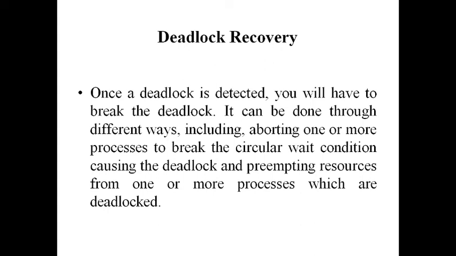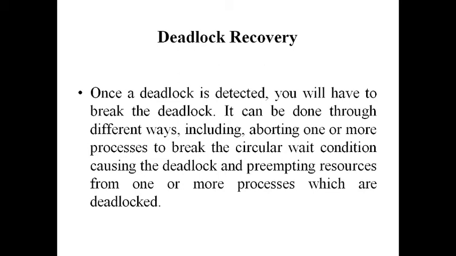And then deadlock recovery. If deadlock is detected, then what will we do? Deadlock is detected before it occurs. Then what will we do? Deadlock recovery. How is deadlock recovery done? If two or more processes are asking for a single resource, then that resource is given to one process and the remaining processes will be aborted or killed.